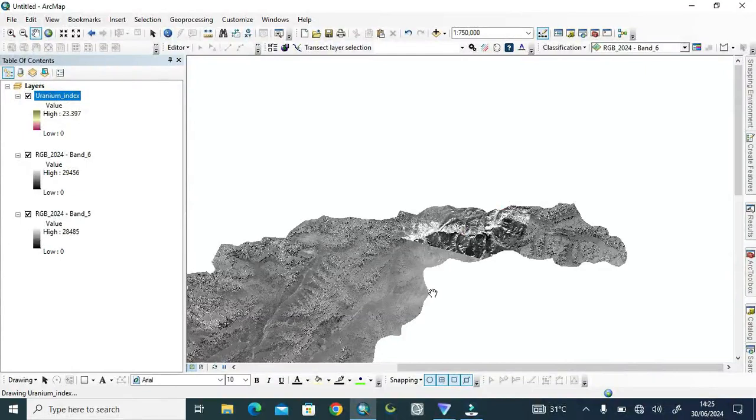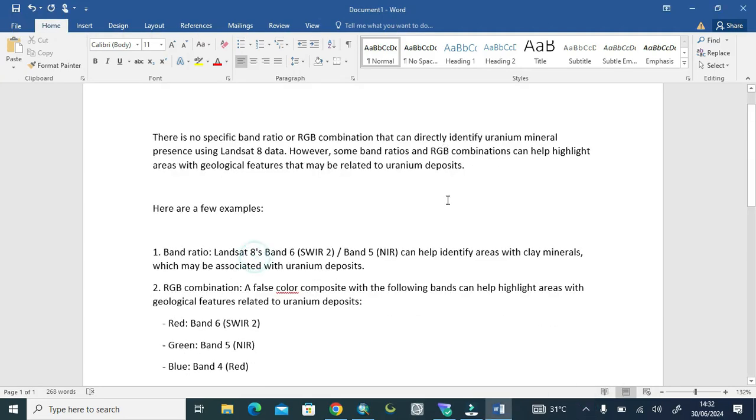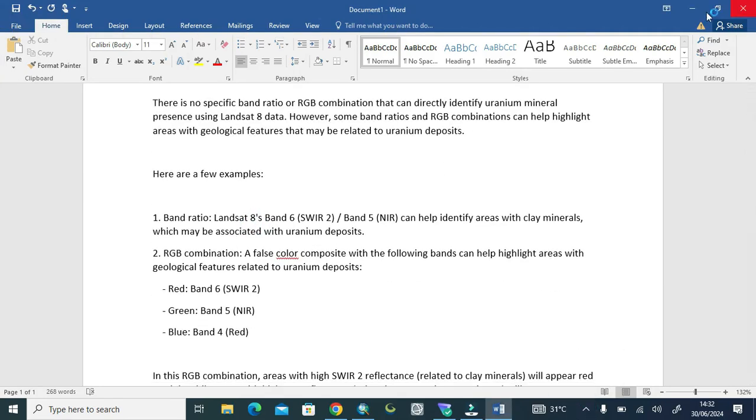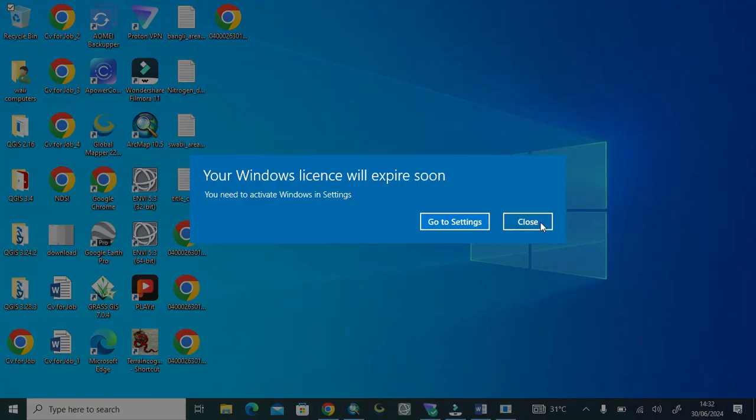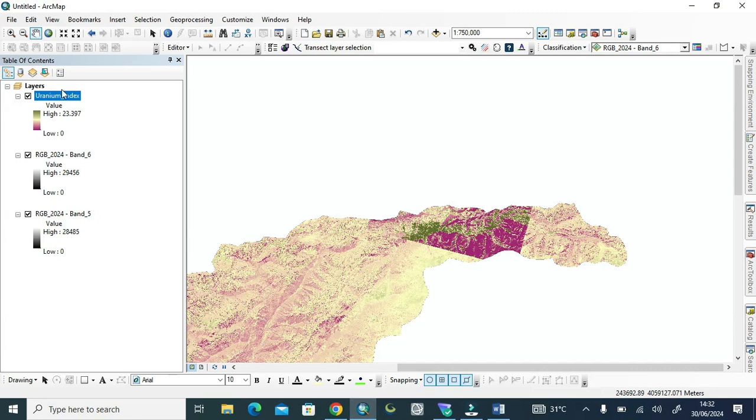Today's tutorial is about how we can make a uranium mineral RGB in the RGB band composite form. As you see in this formula, I have already estimated uranium as ratio 1.